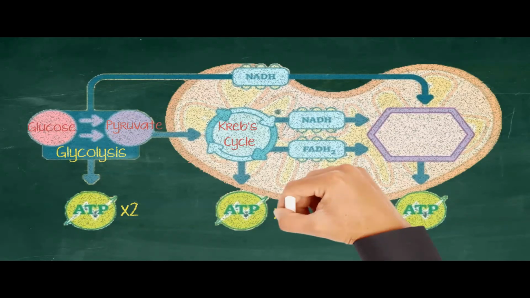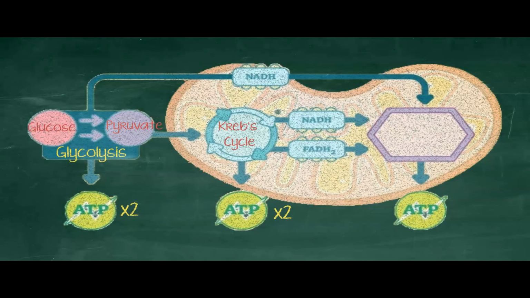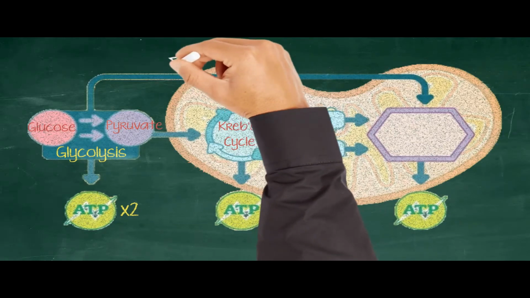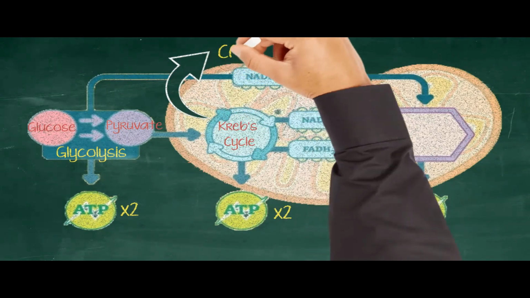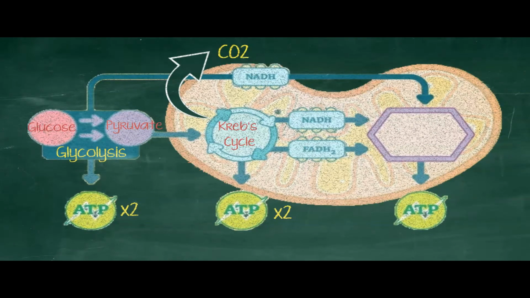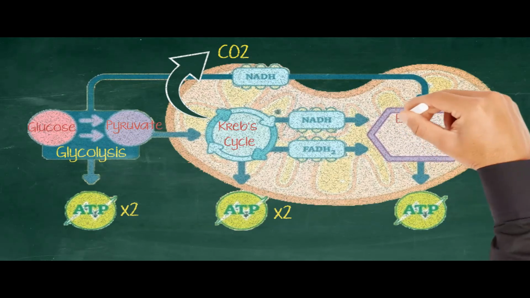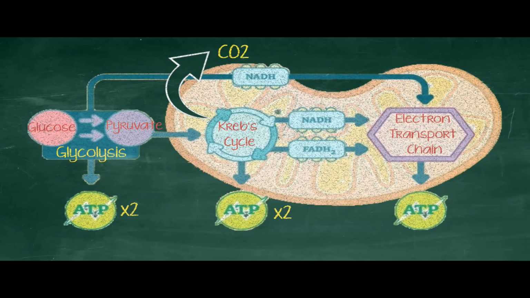The Krebs cycle itself only adds modestly to the overall ATP harvest, but it is where the CO2 is produced. The Krebs cycle is important for this reason, and the CO2 produced is an indication of the presence and degree of aerobic metabolism occurring in the body. The Krebs cycle also sets the stage for the electron transport chain, which is where the bulk of the ATP